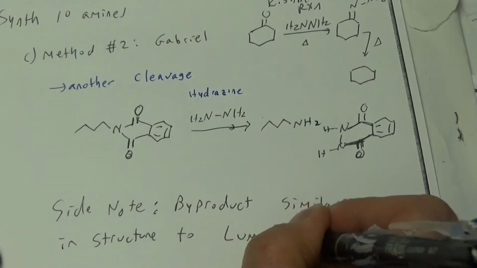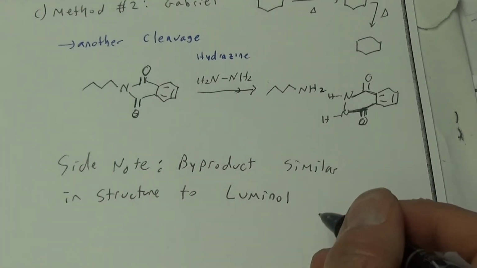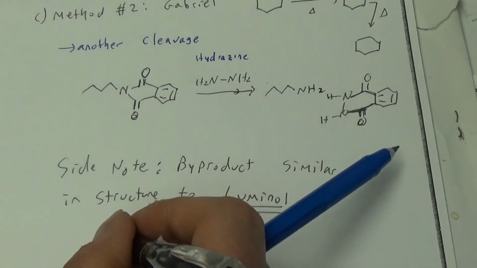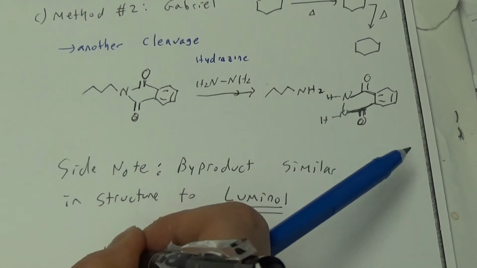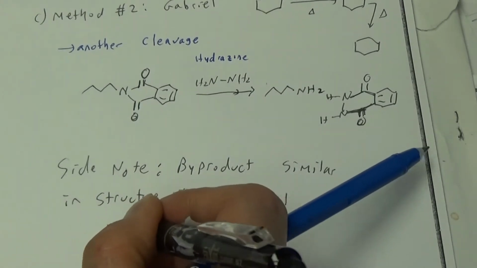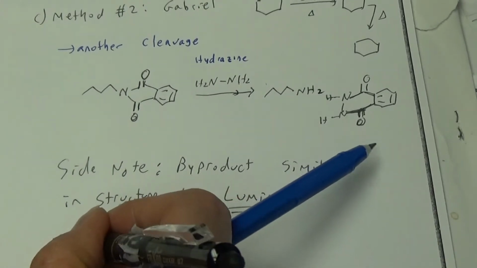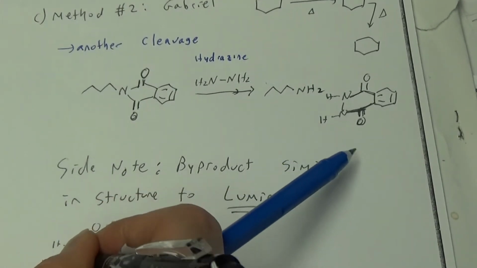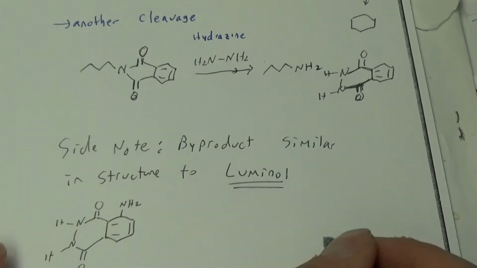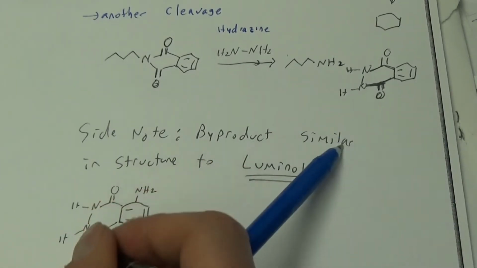Luminol is like glow sticks, right? So what's luminol? It glows in the presence of certain chemicals. So it's the same thing, except it's got an amine there. Here, I'll draw it a little nicer. There we go, that's a little better. So this is the same thing, drawn nicer, and we have the NH2 there. This stuff's called luminol,